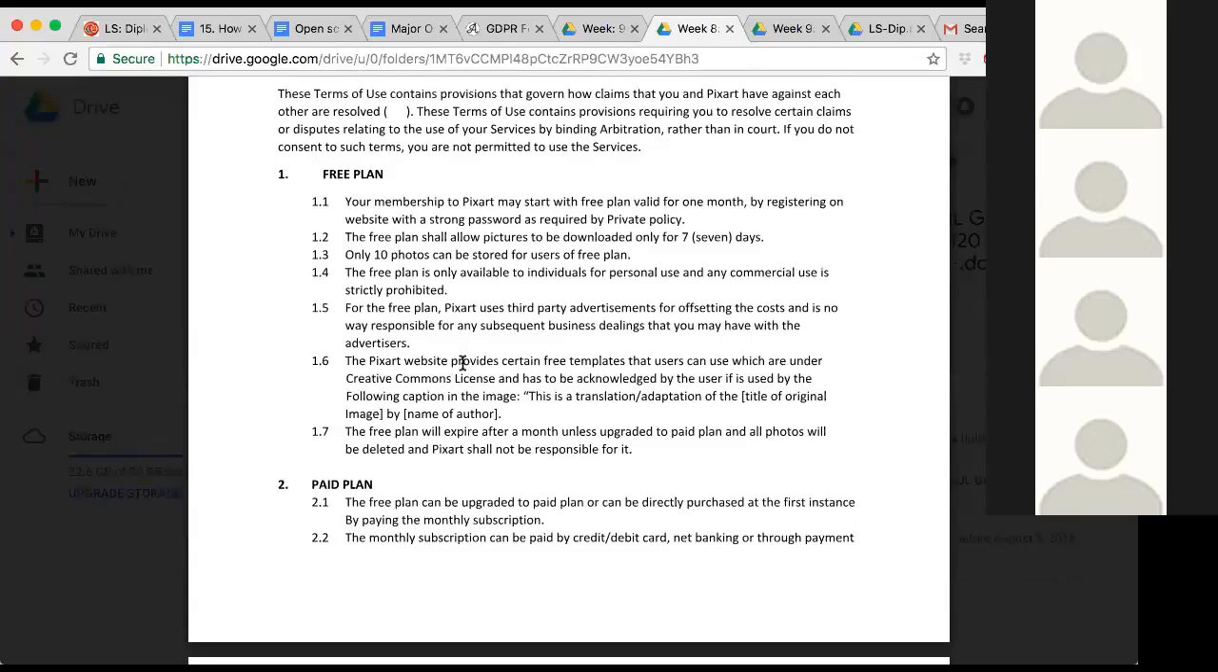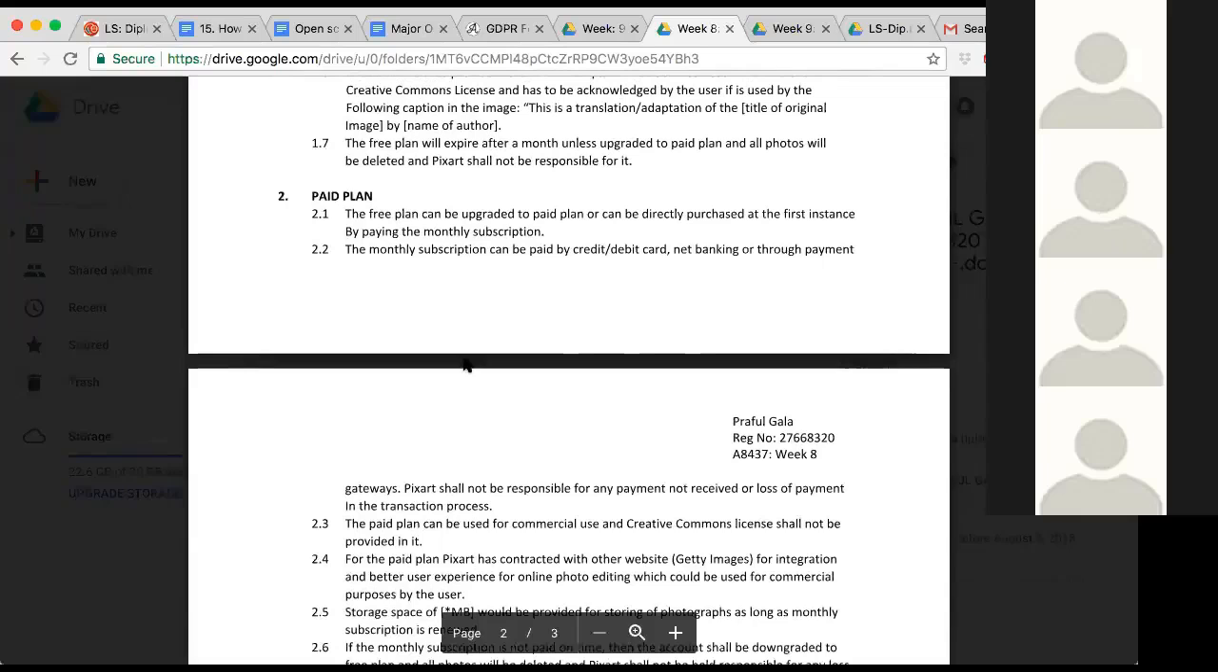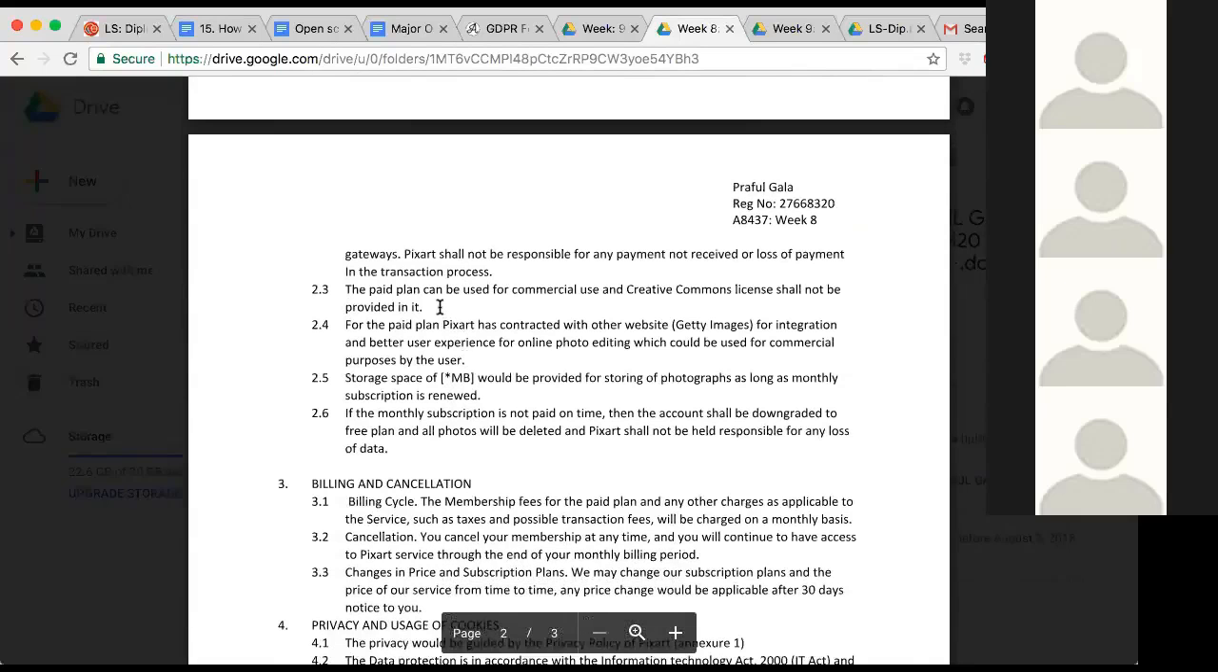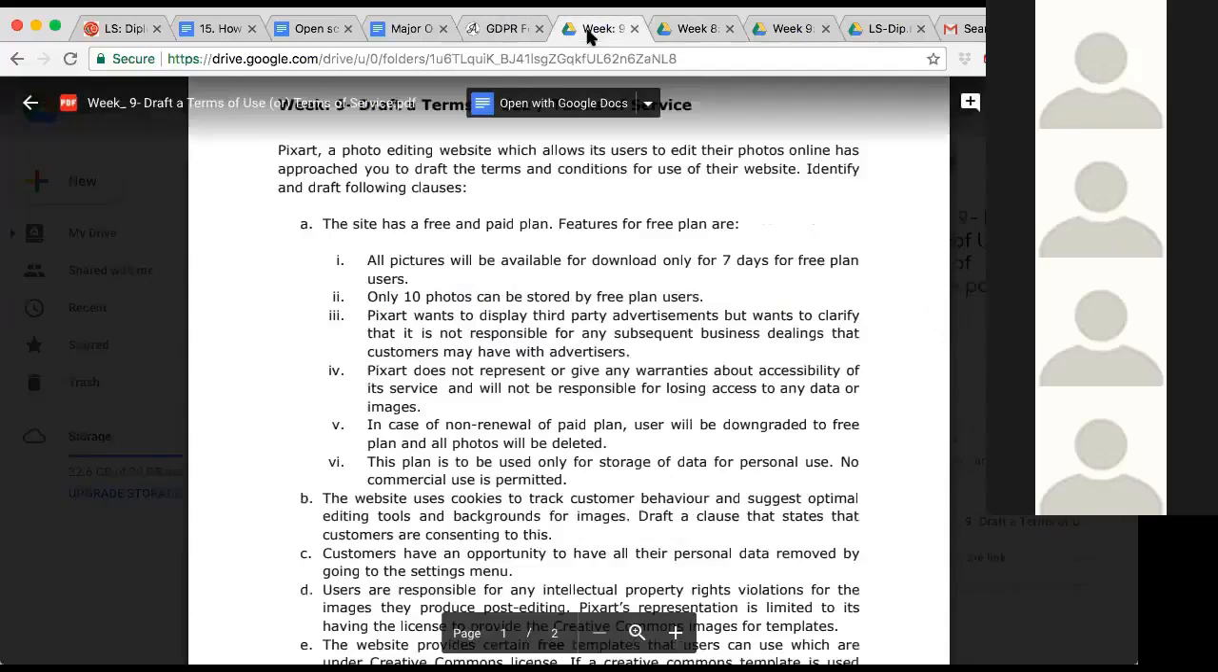Okay. Then he moves on to the paid plan. Fine. The paid plan can be used for commercial use and Creative Commons license shall not be provided in it. Okay. Now, you need to specify, Praful, it's not about giving a Creative Commons license. It's about whether input images from Creative Commons license can be used or not. Now, if you see the link that we provided,